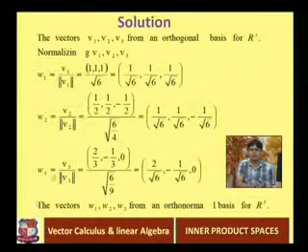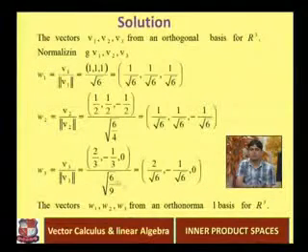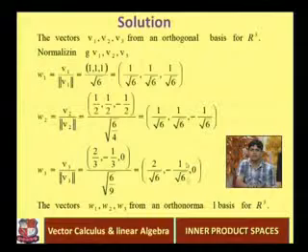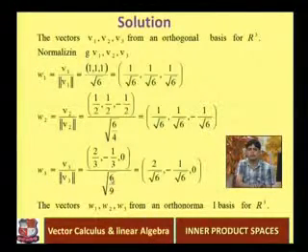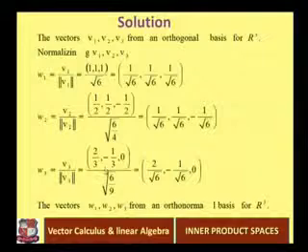And finally w3, that is v3 upon norm of v3, the resultant vector (2 by root 6, minus 1 upon root 6, 0). So this w1, w2, w3 is the orthonormal basis for R3. So we have seen in the Gram-Schmidt process how to convert any arbitrary basis into the